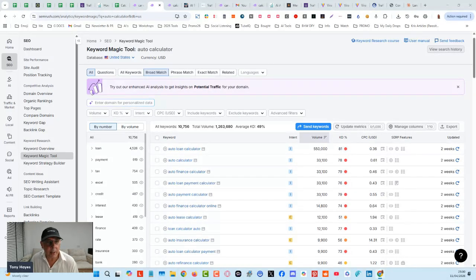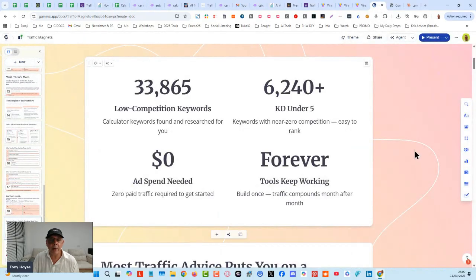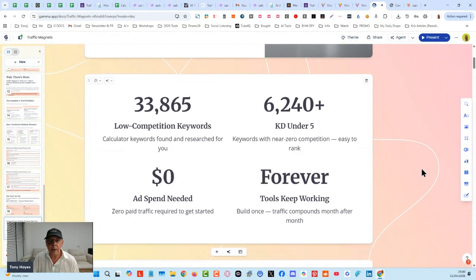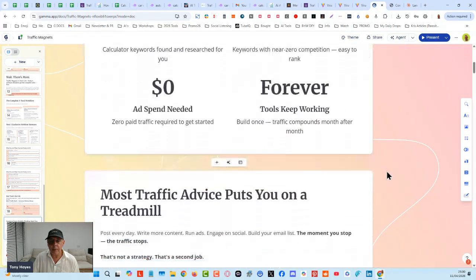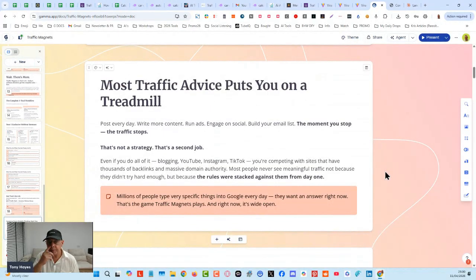It's just importing CSVs. Okay, so what we're doing then, we're finding the keywords that people are actually searching for, the search terms that they're typing in with the search volumes. Find those, build your tools around it. We're going to cover that in depth in the training, how to do that, and how to do it for the custom calculators as well. Most of these keywords that we got are very easy to rank for. That is in that Keyword Intelligence tool.